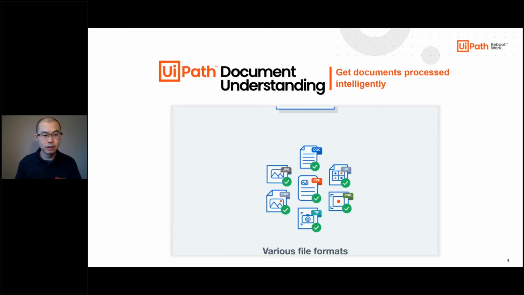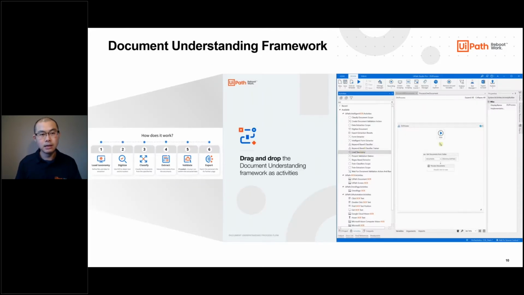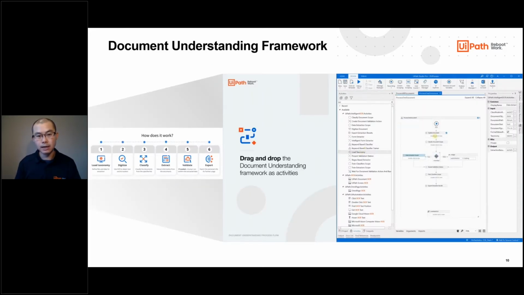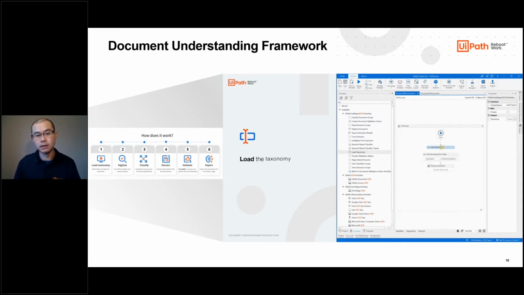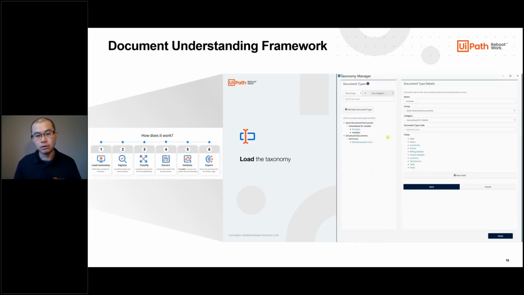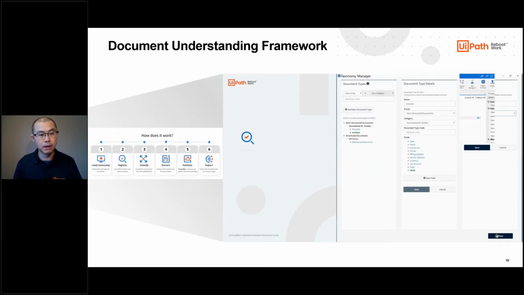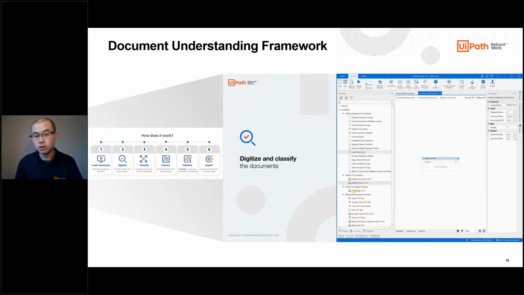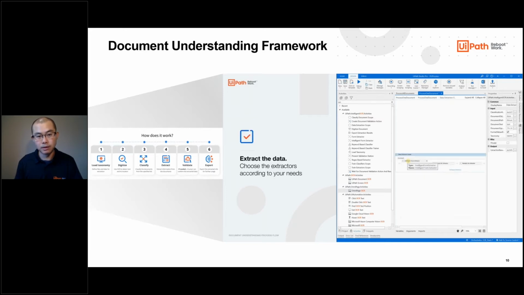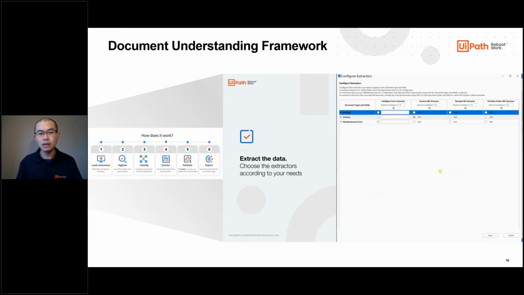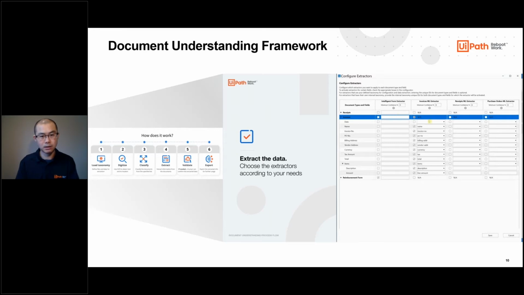Now, Param talked about this a little bit earlier as well, but just to click a little bit into this, for us, document understanding really starts at the base framework level. And the reason we start with this framework is because this is an open and extensible framework where you can start to use any number of capabilities that we ship out of the box. For example, we have multiple different OCR engines that you can pick from, including ones developed by UiPath or ones developed by some of our technology partners. And even with things like extraction, you have multiple extraction methods. Part of the power of this framework is we allow you to mix and match different extraction methods all the way down to the granular field level.